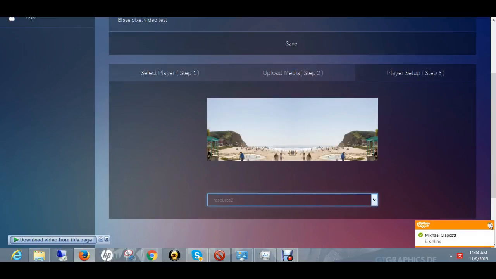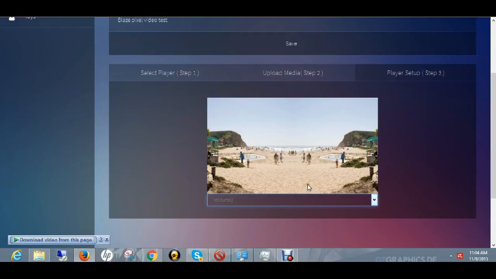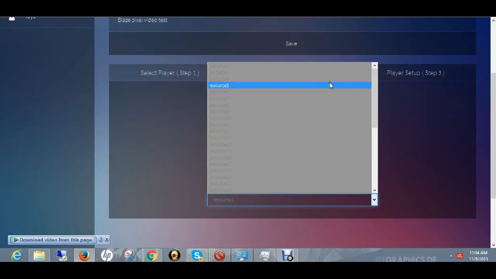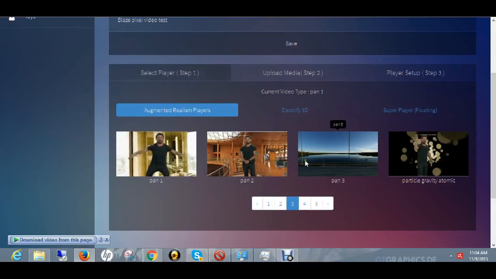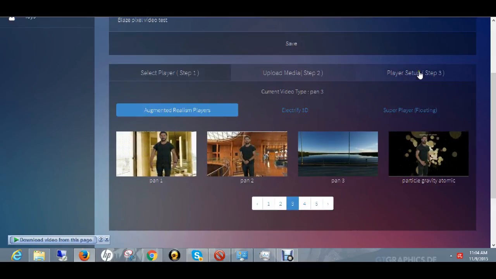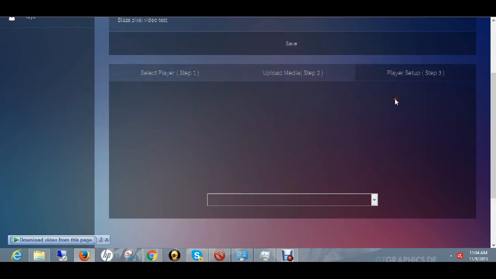resources that you can use for your panorama. You can select different resources for your panorama, and then any one you select is gonna come up here to show you a preview of them. My internet is a little bit slow. So you have pan 3, which lets you select a natural environment for your panorama,